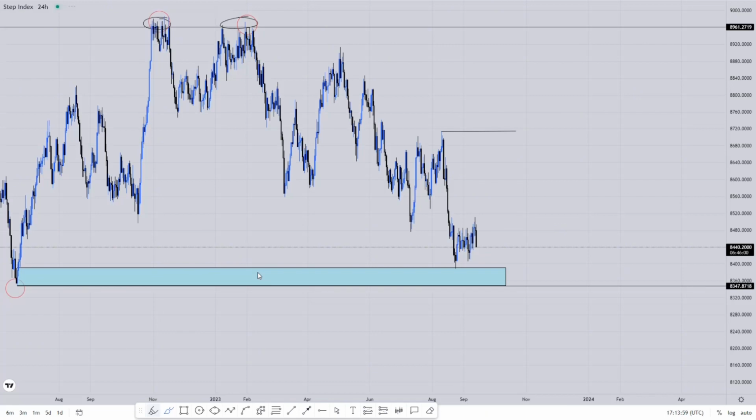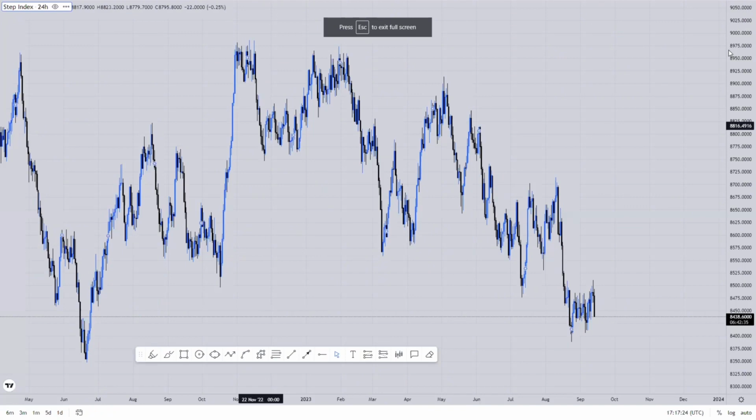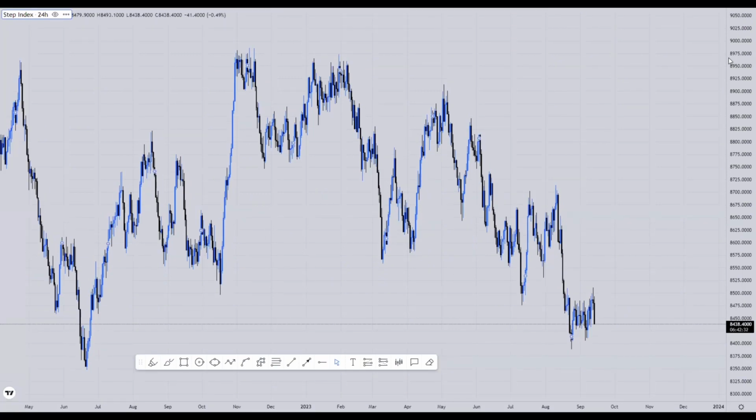How many of you here trade Step Index? Let me just see the trade Step Index here. Almost everyone is trading. Wonderful. Almost everyone here is trading Step Index. I see. Let me admit all these people. Right. So